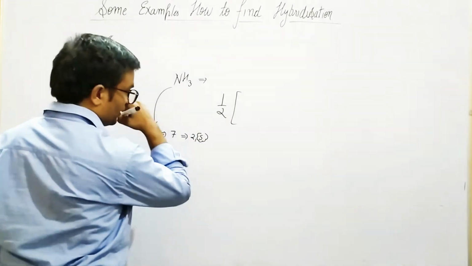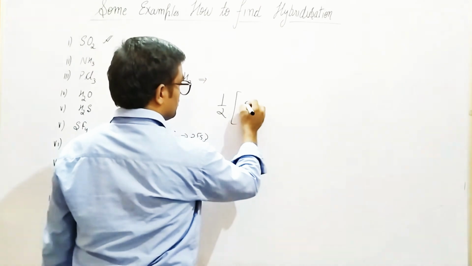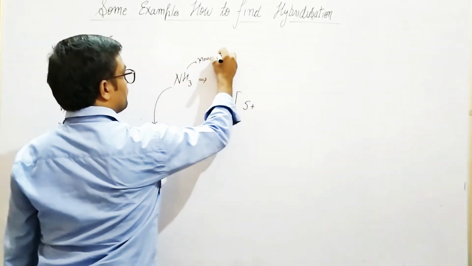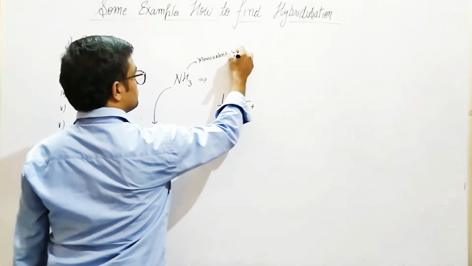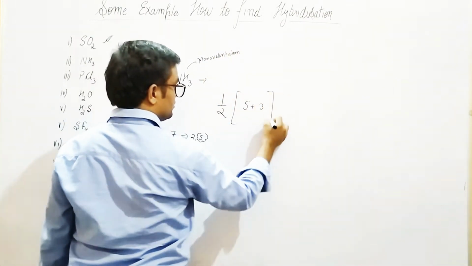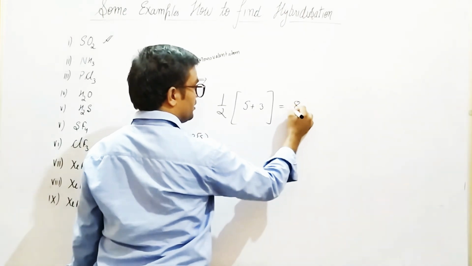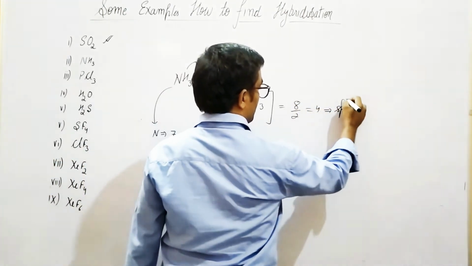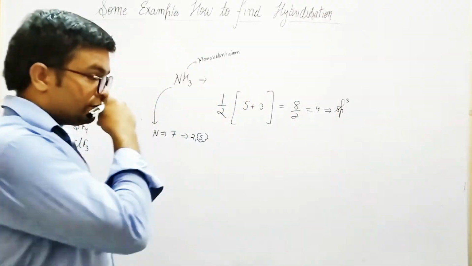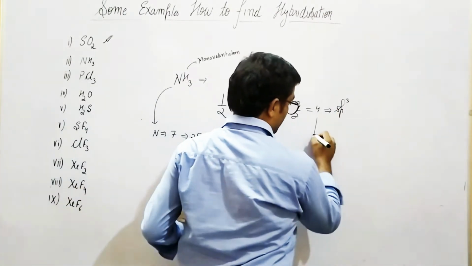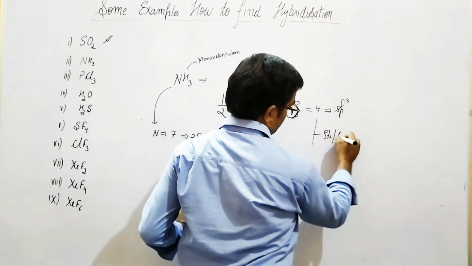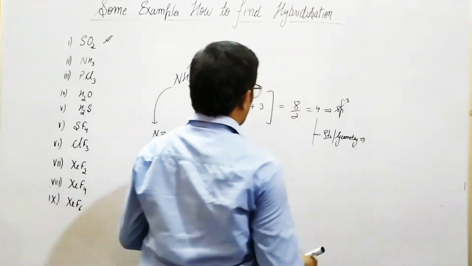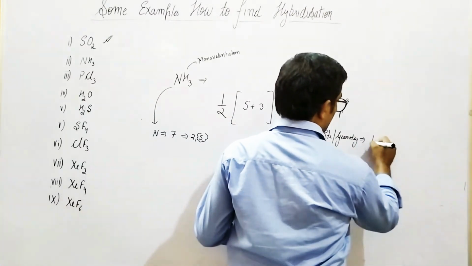Therefore there are 5 valence electrons, and here 3 monovalent atoms, plus 3, it comes out to be 8/2, which is 4. Therefore it has sp3 hybridization, and its structure or geometry is determined by this number. The compound comes out to be tetrahedral,